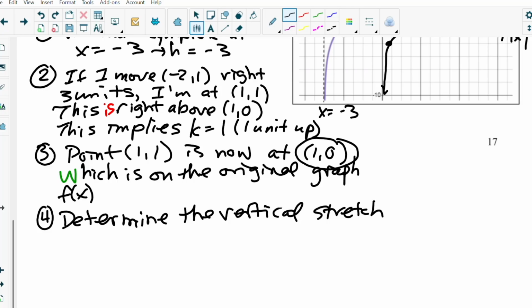So it looks like a vertical stretch, and here's why. So we're going to look for the a value, right? Start with